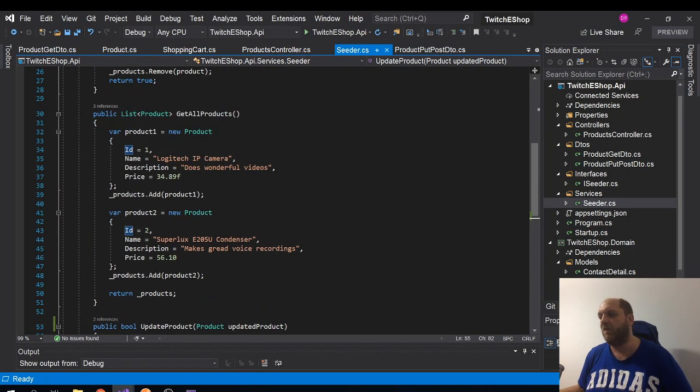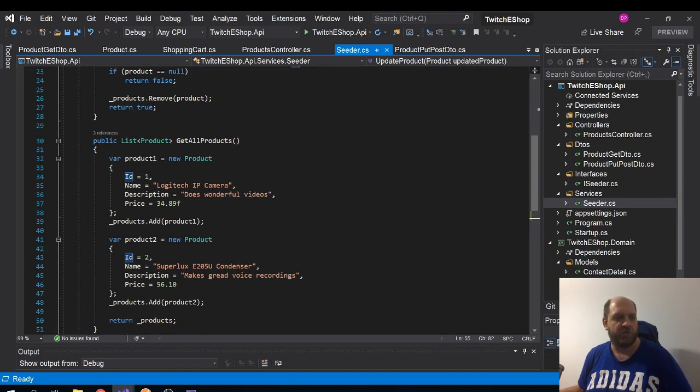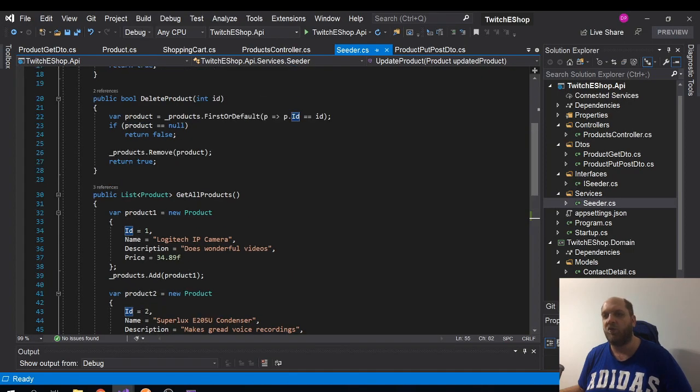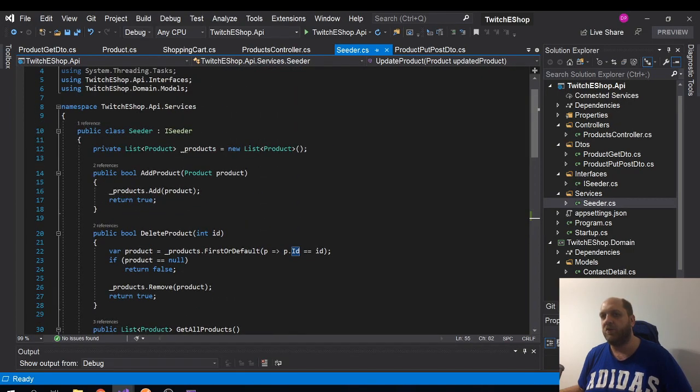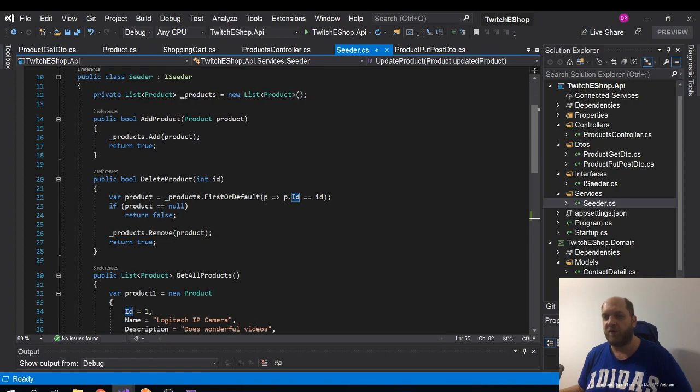As I said, it's something that we just use temporarily in order to be able to make some calls to an API and to see that we can really interact with that API. And I guess that most probably in the next episode, next week, we'll already start to implement a database with Entity Framework Core, and in that case we'll simply get rid of this Seeder class. So once again, it's really